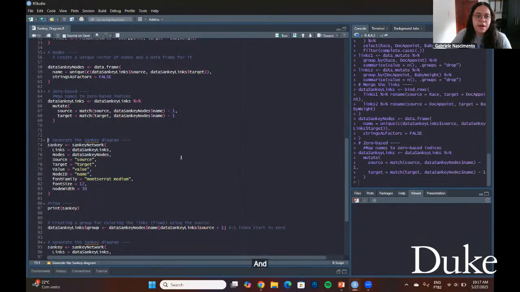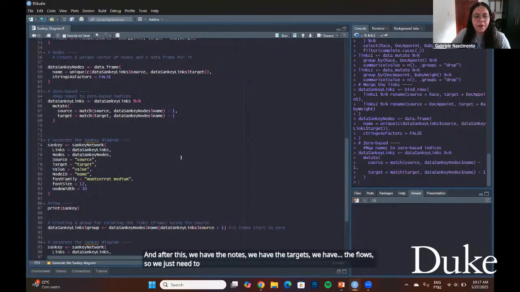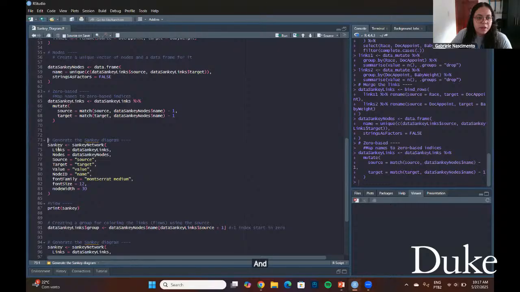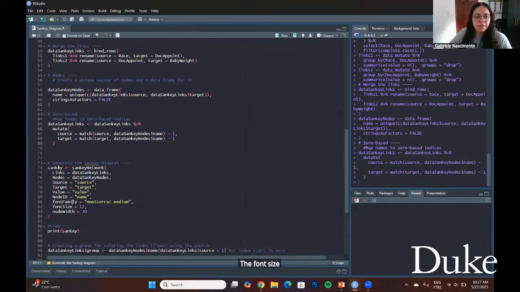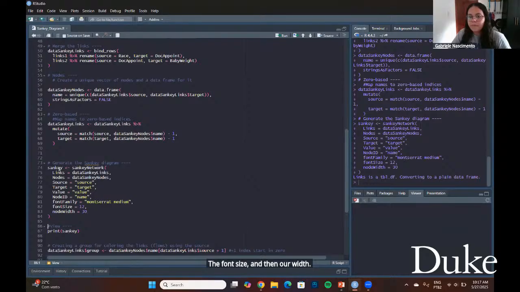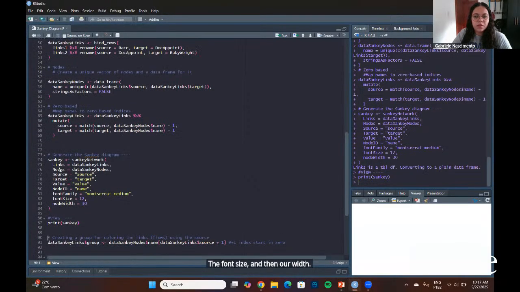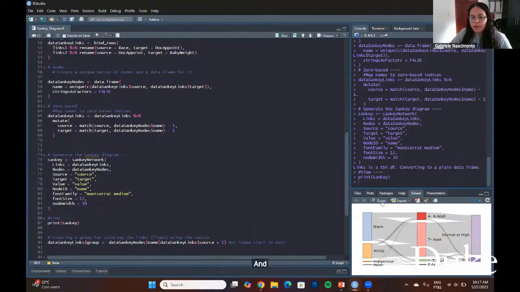And after this, we have the nodes, we have the targets, we have the flows. So we just need to generate the diagram. For this, I just put here the links and the nodes with the names that I gave it. The other arguments are more aesthetic. So I have the font family, the font size, and the node width. And here we have